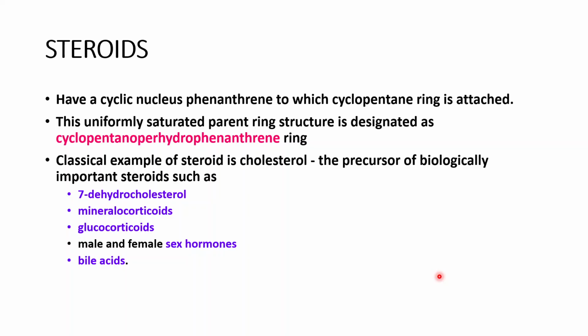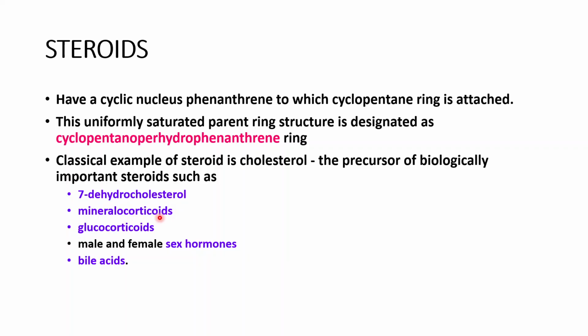Steroids have cyclic nucleus phenanthrene to which cyclopentene ring is attached. This uniformly saturated parent ring structure is designated as cyclopentanoperhydrophenanthrene ring. So this is important, you should know this ring. Name of this ring is cyclopentanoperhydrophenanthrene ring. Now the classical example of steroid is cholesterol, the precursor of biologically important steroids such as